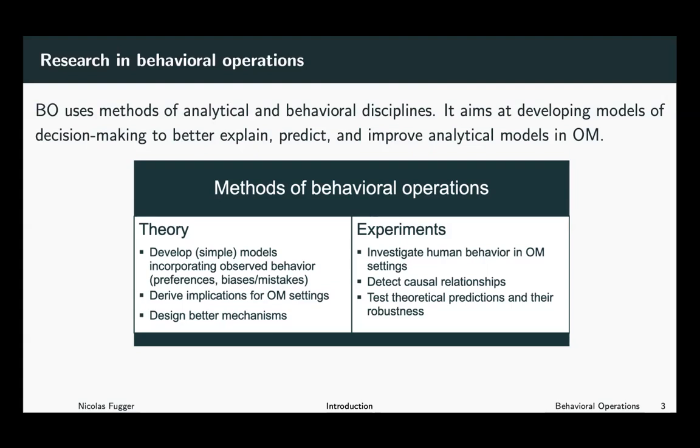As you can see, the relationship between theory and experiments is not a one-way street. They interact frequently. Experiments inform us about the correct assumptions. Theory conceptualizes the observations we made in the experiments, and so there's a frequent interaction, which helps us to come up with ever better models.